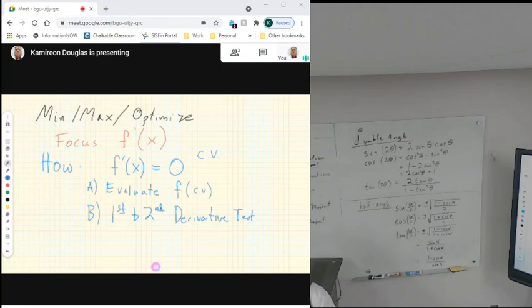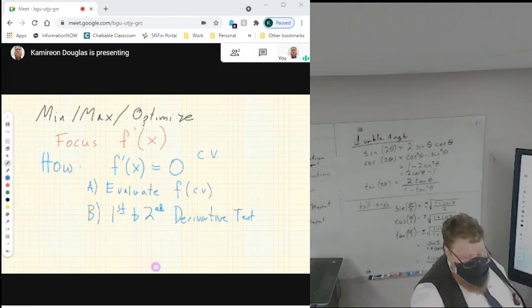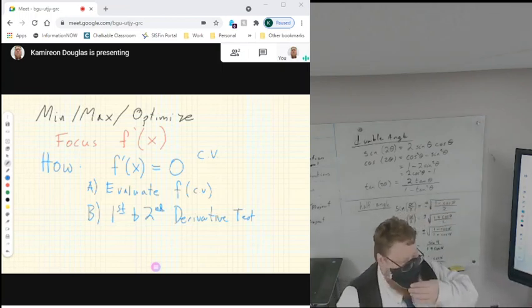If the problem mentions minimums, maximums, highest, lowest, we have to focus upon the first derivative, f prime, and either evaluate the critical values when the first derivative is equal to 0, or look at the first and second derivative tests. So that's where we actually evaluate the values around those. As a reminder, how we did this